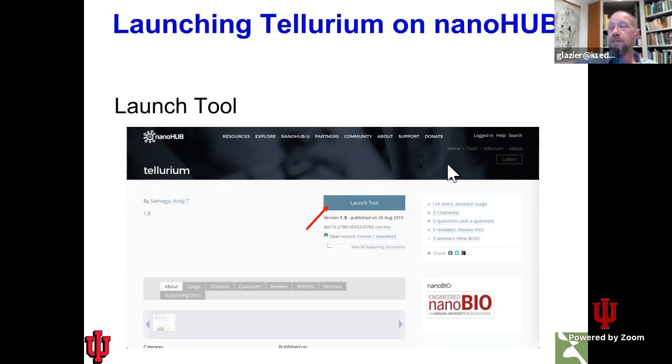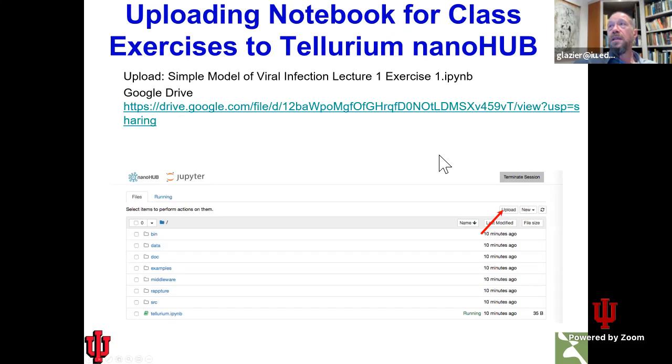Okay. So everybody has the tool launched. And the first thing I'm going to show you how to do is upload files. Tellurium in principle lets you save things in your local workspace, but you shouldn't count on it completely. And so you want to be able to upload and download things. So what I'd like people to do is, I'll just walk you through how to do an upload. We'll upload this simple model of viral infection that I've got stored. It's in the Google Drive. It's in the shared Google Drive that I've given you, and the link,